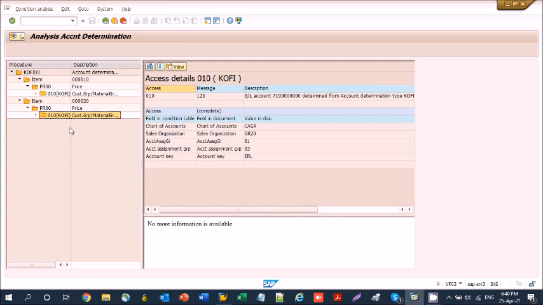The first material is a trading good and the second material is a product. You can also see the document flow.